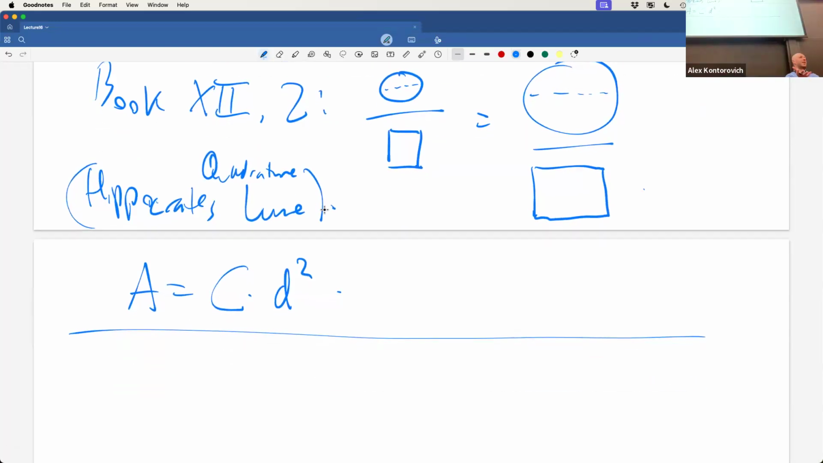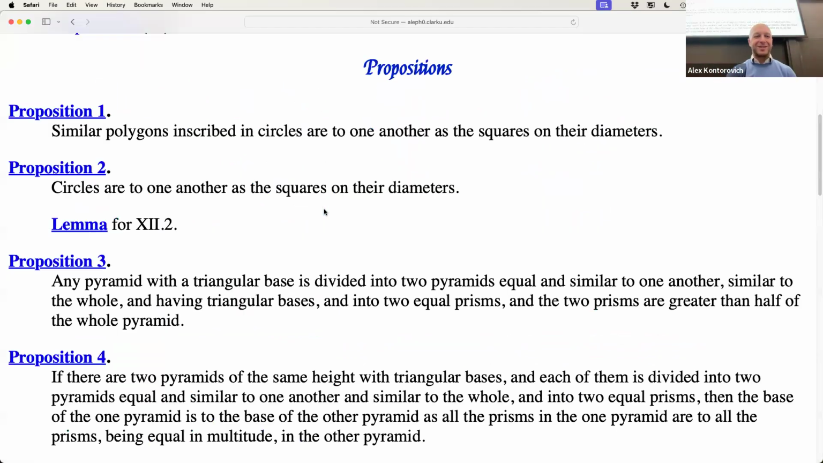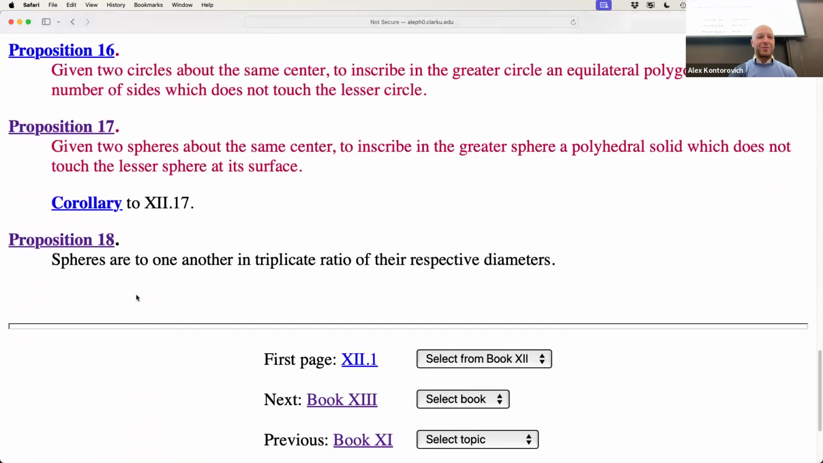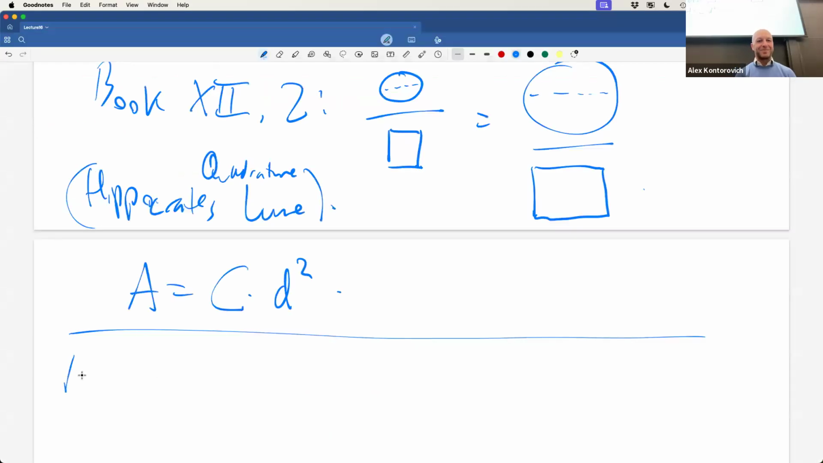Now, why does he put this here? This has nothing to do with solids. He could have proved this long ago. He's not using any new technology here. Who's the big boss? Let's look at the big boss. Proposition 18. Spheres are to one another in triplicate ratio of their respective diameters. Okay, so the big boss